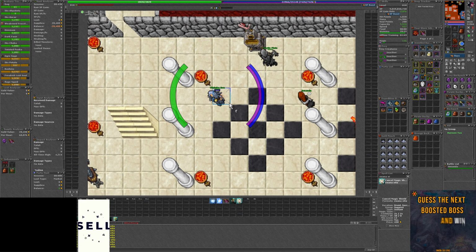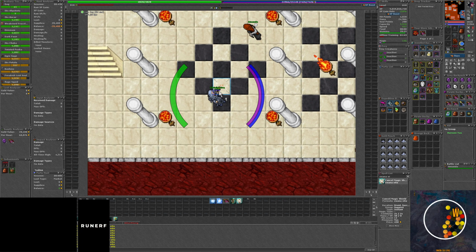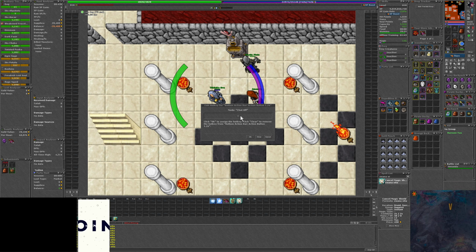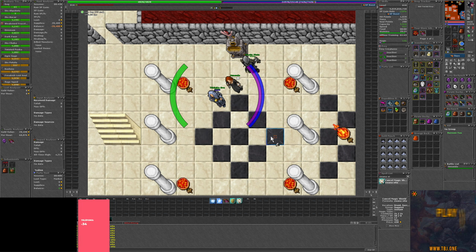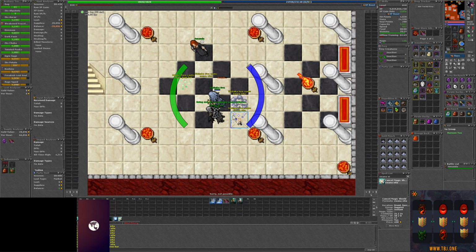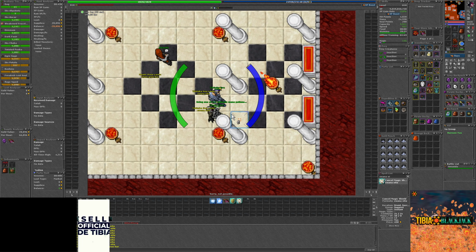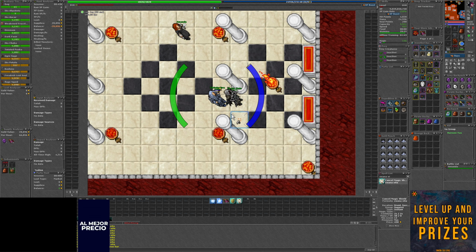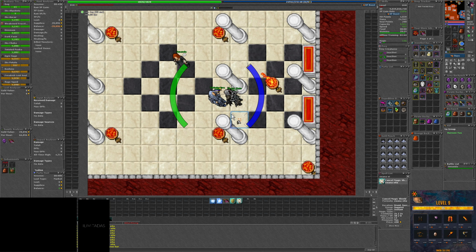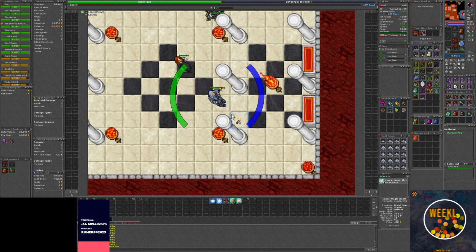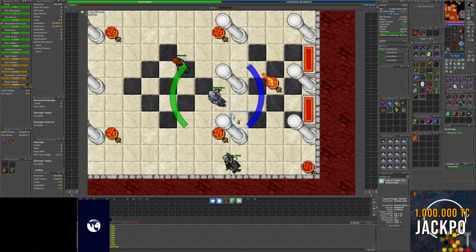So right now we are executing. Of course, I'm going to do it with Exana Vita. Exana Vita for me is the plus sign, which is scroll up. It just makes sense for me. So this way, if I scroll up, I will remove Utamo. This way, if we move, we heal, and we use potions, we can also, boom, remove the Exana Vita. Really easy, really basic, really flawless, as you can see. Again, I am using the same finger for potion and Exana Vita, but it's so close that you are not going to notice the difference, right? It's really simple, really easy, really clean.